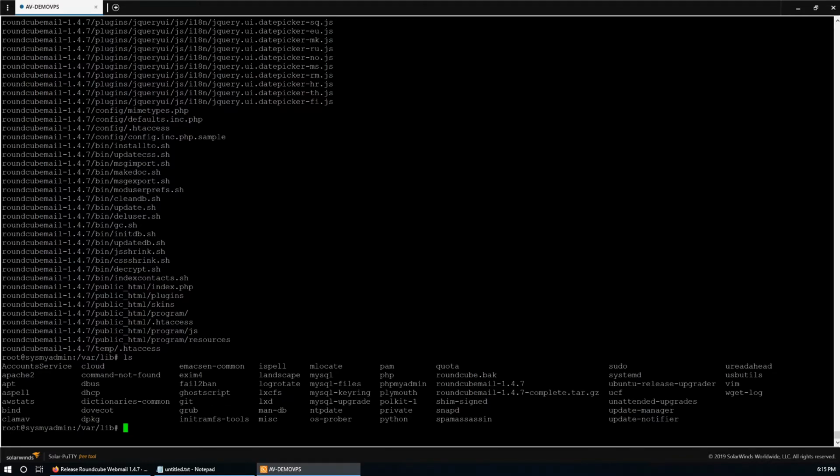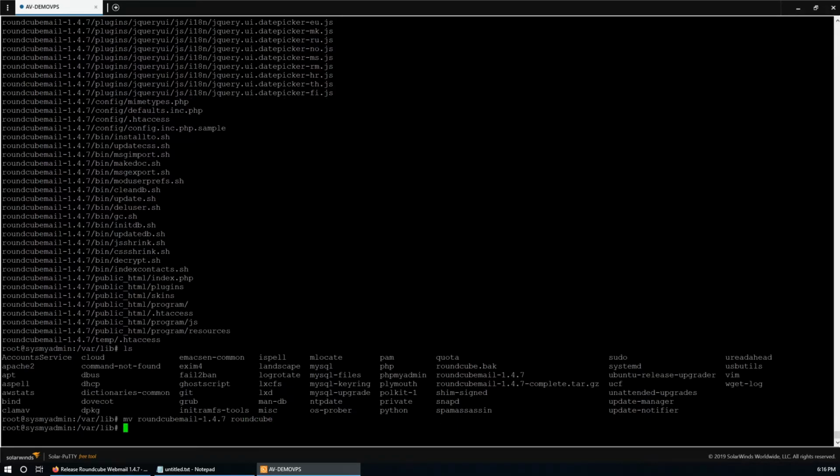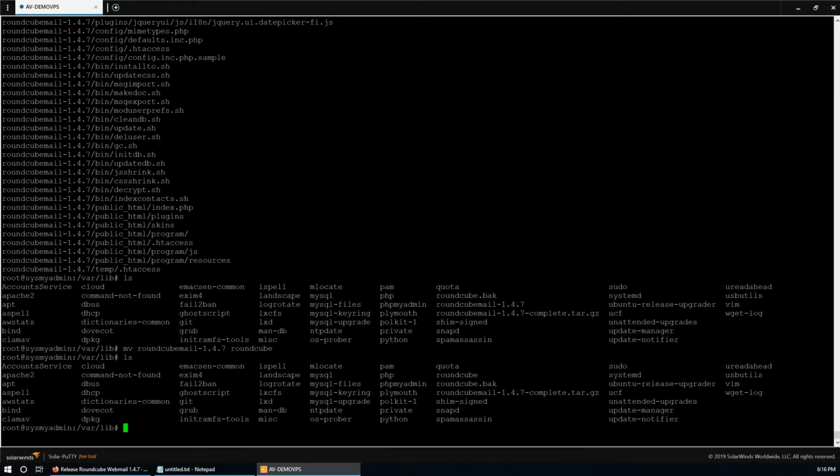Rename or move this roundcubemail 1.4.7 to the default name, which is roundcube only. So mv roundcubemail, yeah, this one, to roundcube. ls. It is moved as roundcube in the same directory.